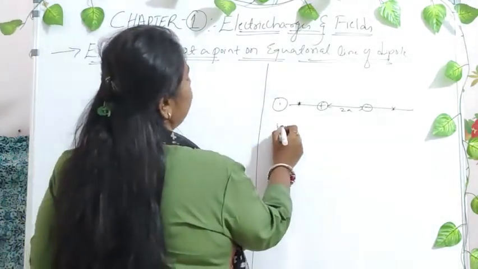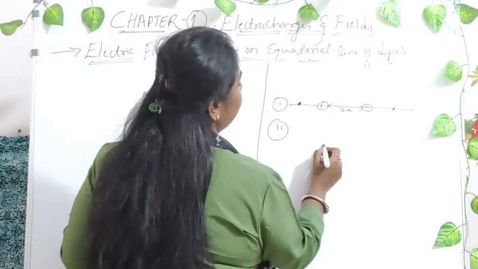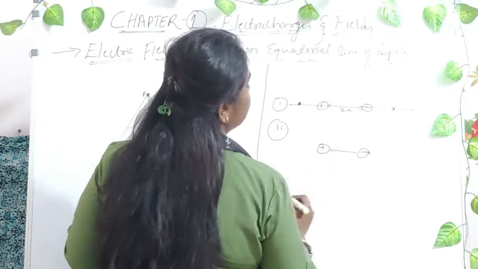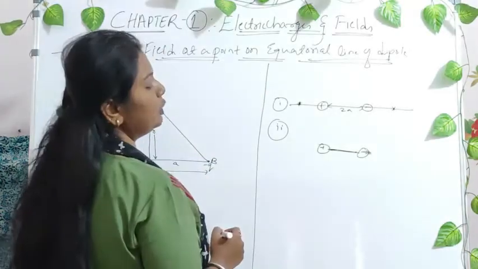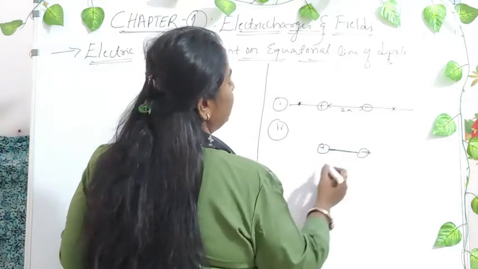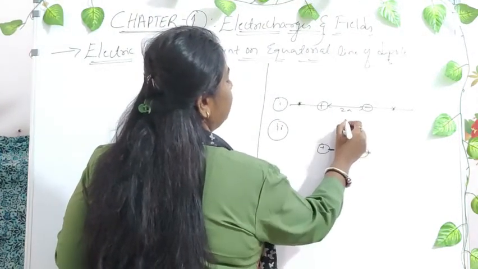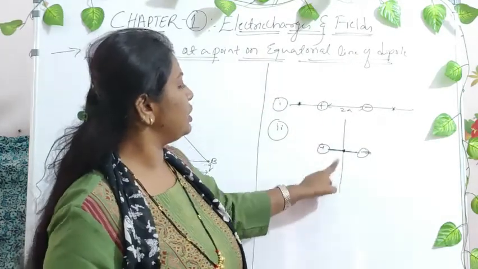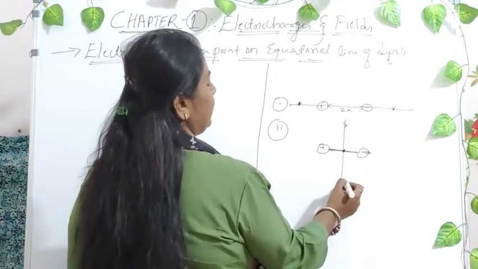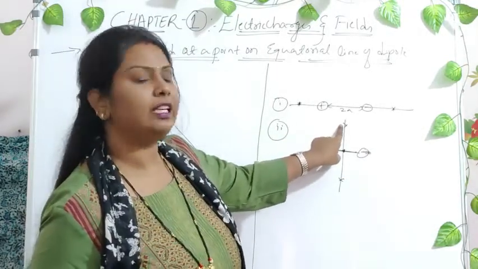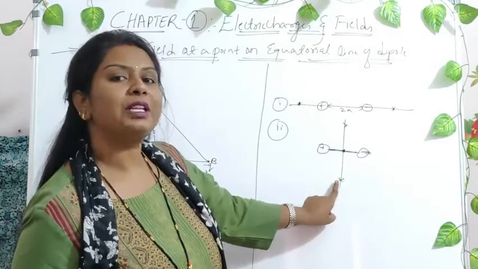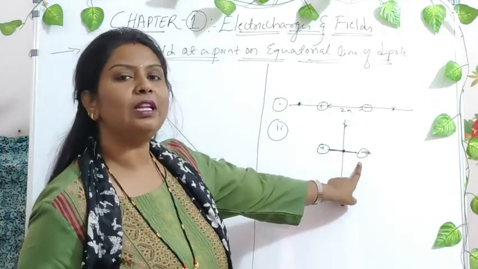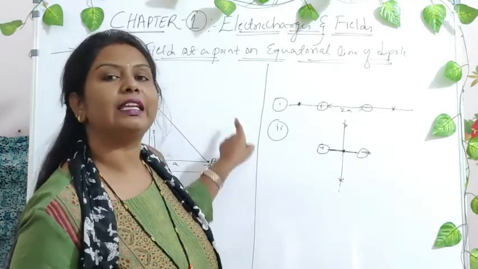In today's class, we will be dealing with another point. You have an electric dipole, positive and negative. You have a center, that is the axis joining the two charges, right? And exactly at the center a line cuts, which is called the equatorial line, right? If a charge is placed on this equatorial line, it can be here, it can be here, any point that is present on this equatorial line, what is the electric field at this particular point due to the electric dipole is what we measure, and this derivation we will be learning in today's class.